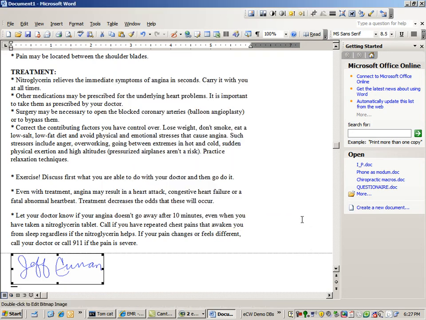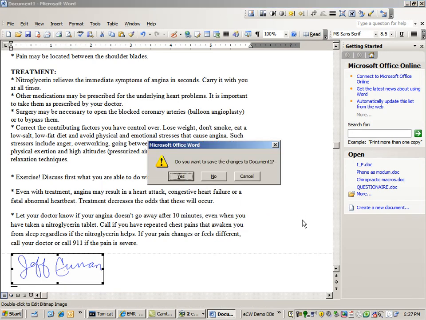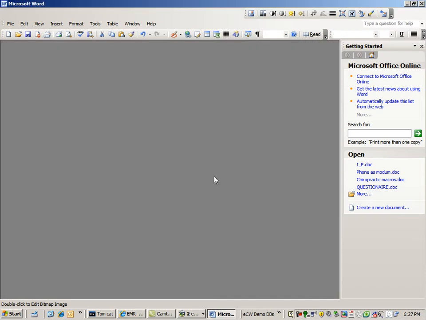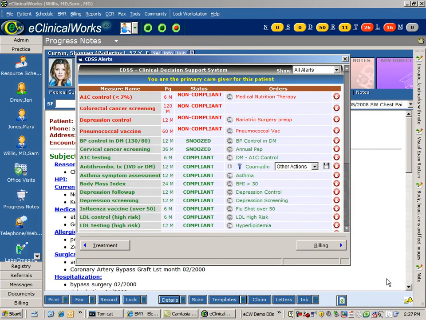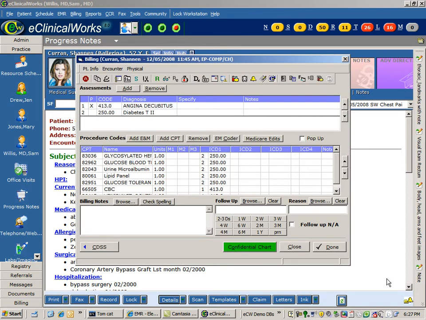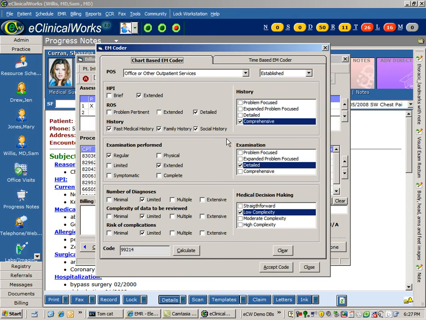Cancel. Close window. No. We're back into eClinicalWorks. CDSS. Clinical decision support gives us the opportunity to review in case we may have missed something if we want to consider something else for the patient. At this time, we will go into billing, EM coder. It has calculated my EM. I can select it with voice, accept code,